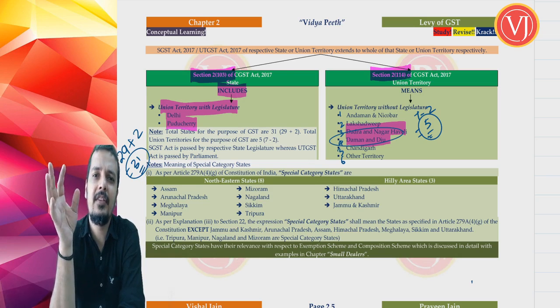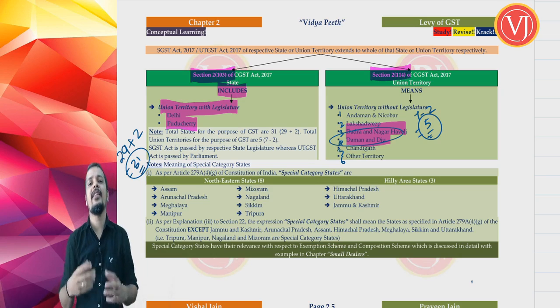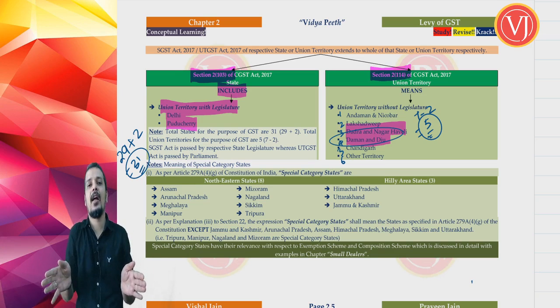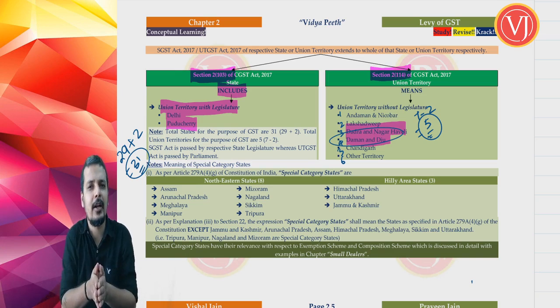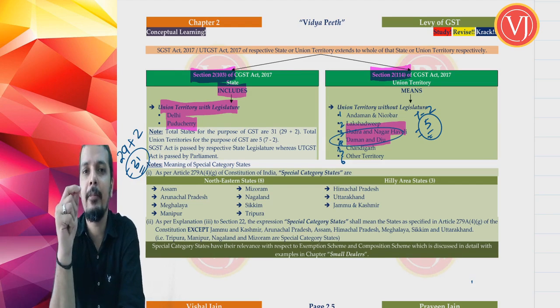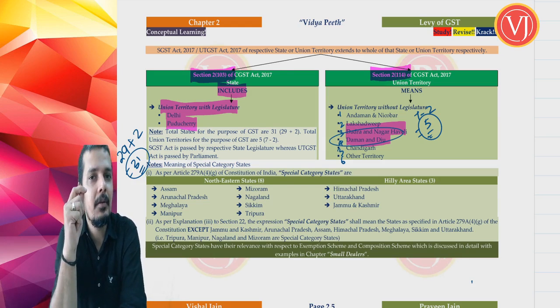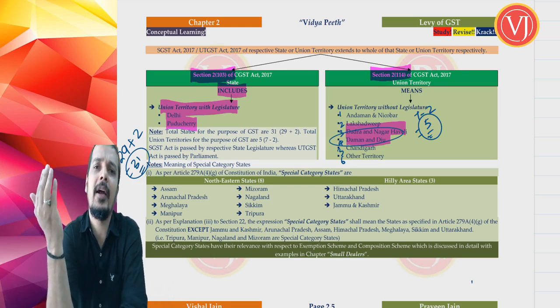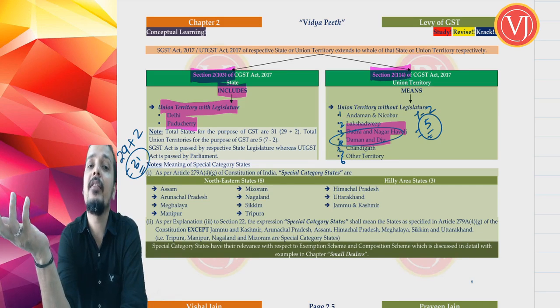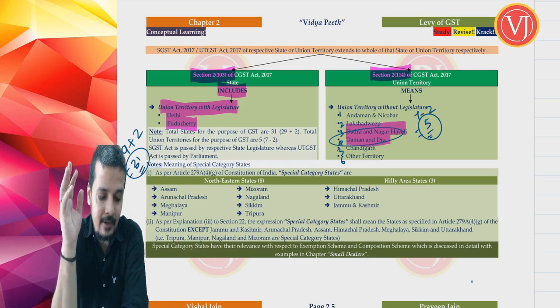Even after the clarification, assume that the ICA clarifies that Jammu and Kashmir is no more a state and it is 2 union territories, one with legislature, one without legislature, and there is a merger of Dadra and Nagar Haveli and Daman and Diu into one union territory. Even after that, the numbers will be the same. So for the purpose of GST, there will be 31 states, and there will be 5 union territories, obviously plus other territory acquired by India. So 5 union territories plus other territory which is or which may be acquired by India is called union territory.